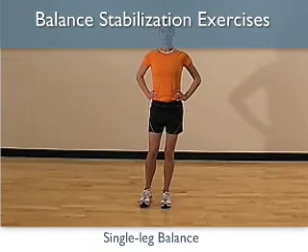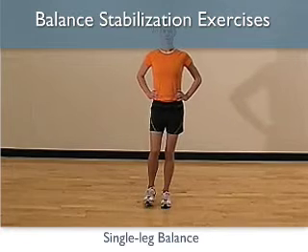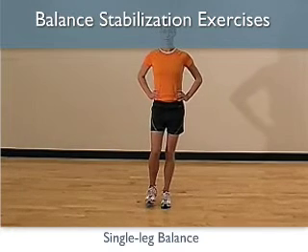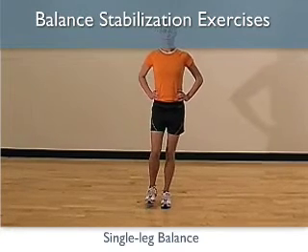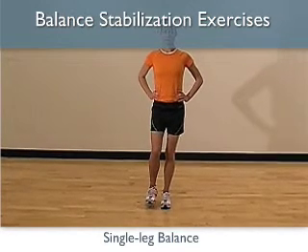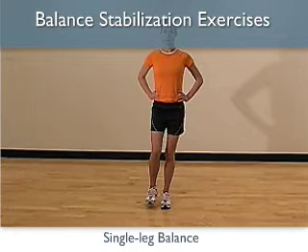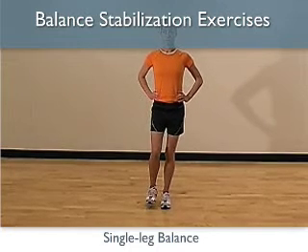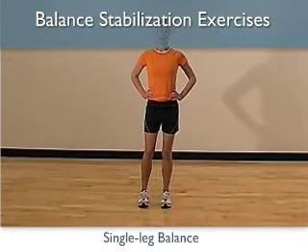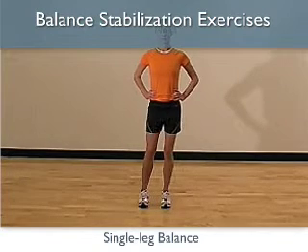Contract the gluteals on the balance leg, as this will help control the balance leg. Make sure the foot of the balance leg does not flatten excessively, and make sure the knee stays in line with the toe. Do not allow the knee to buckle in. The hips should stay level, no hiking, and the spine should remain neutral, no flexing or extending.